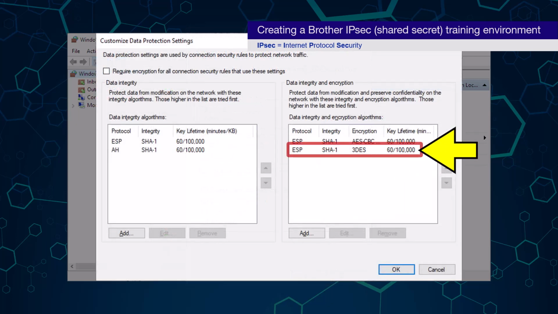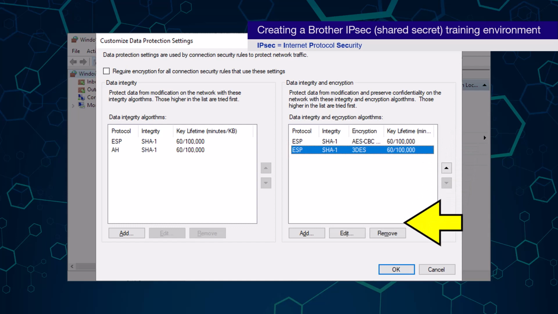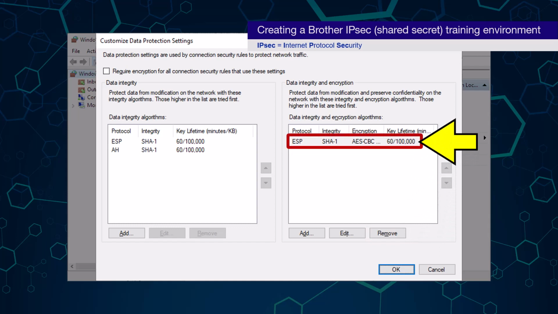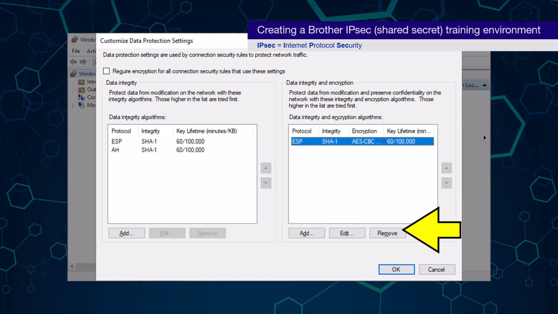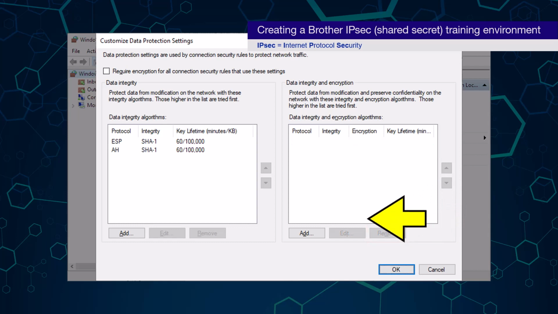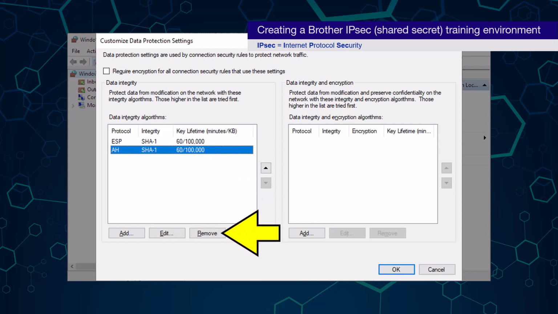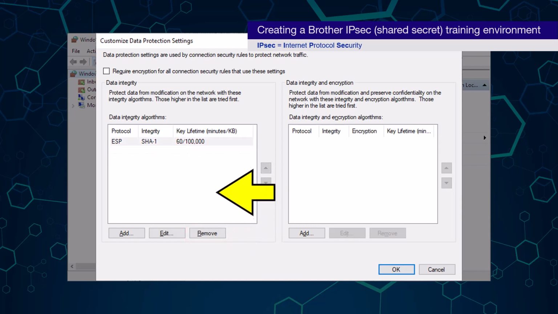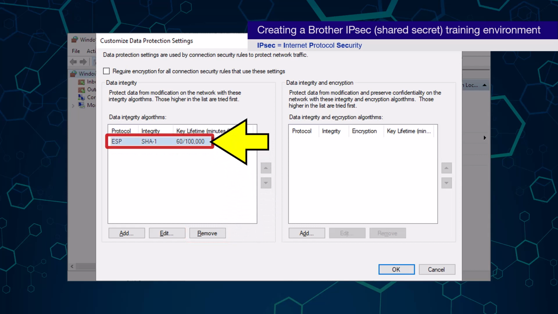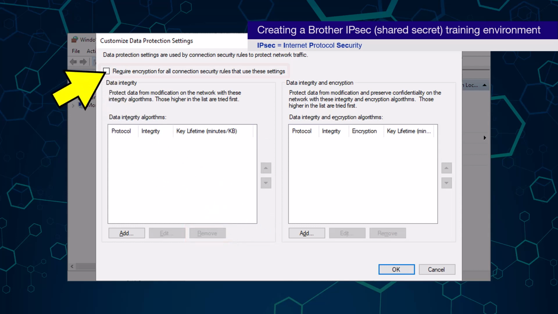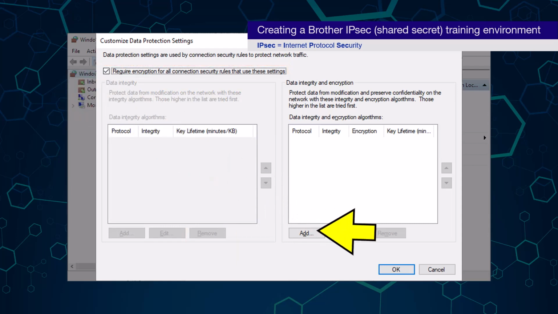Like before, I'm going to remove all the default algorithms as shown here. Next, I am going to select this tick box up here, and then click this Add button.